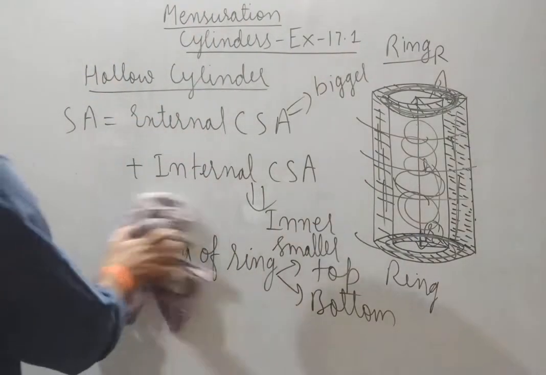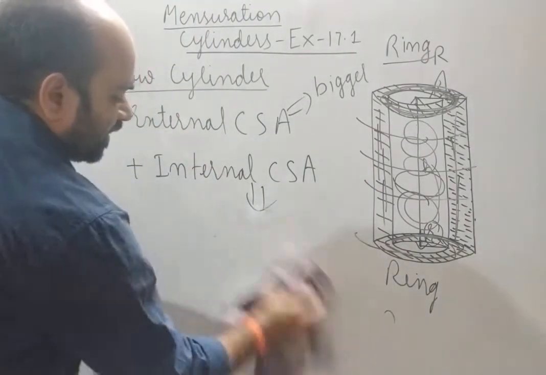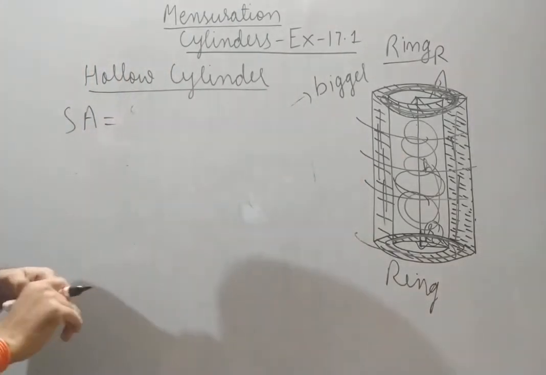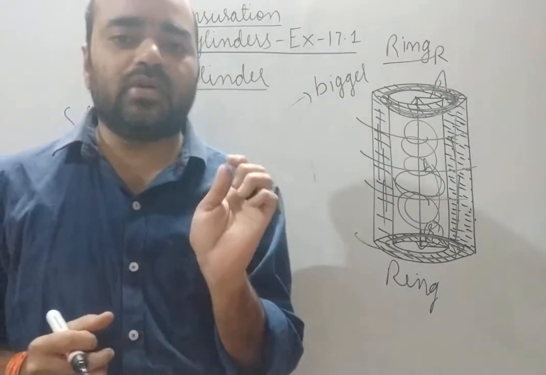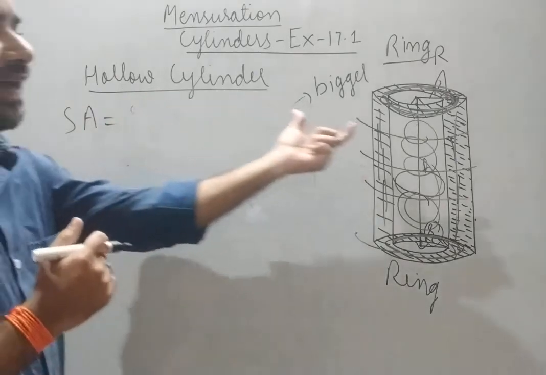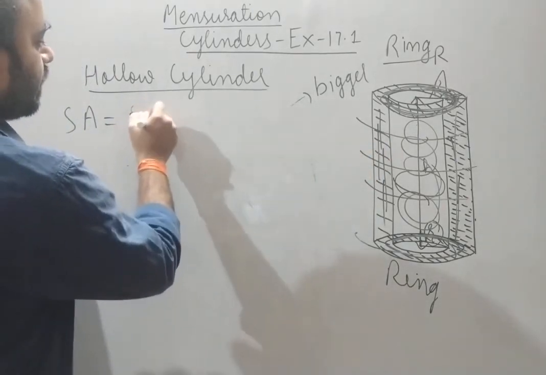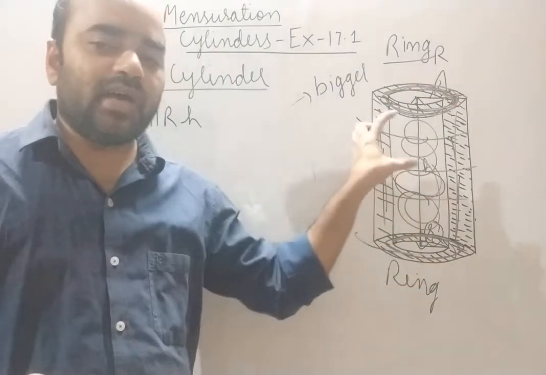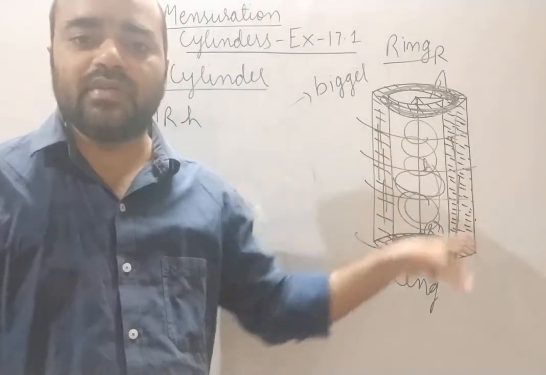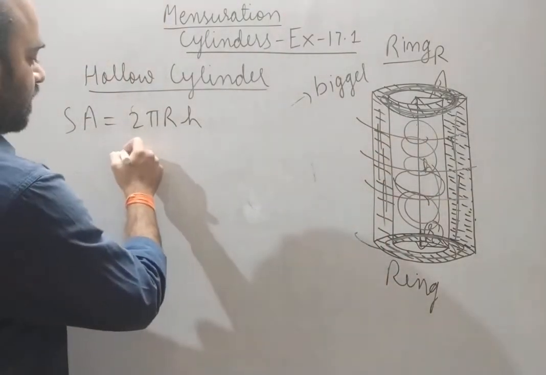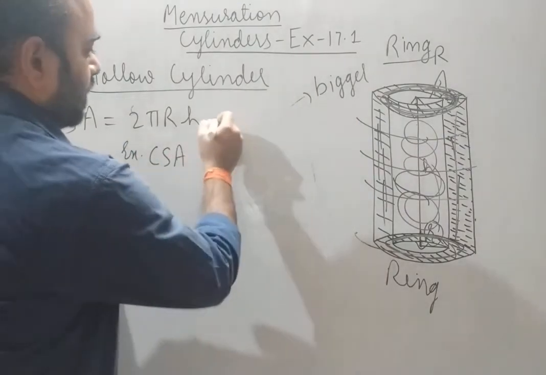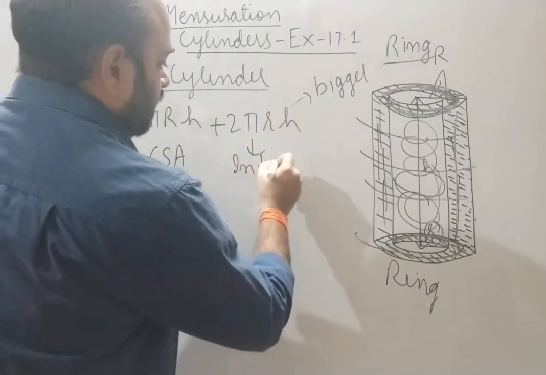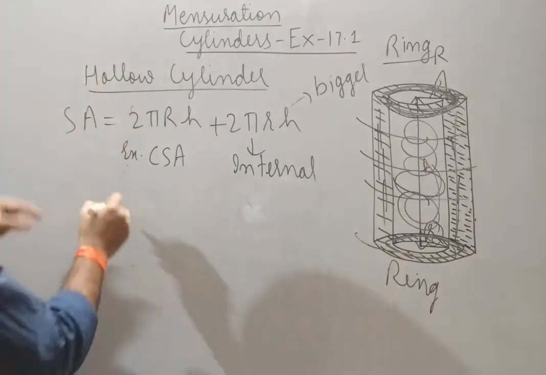So this is the total surface area of the hollow cylindrical pipe or cylindrical pipe. So we are going to calculate. See, first I am going to calculate the external one. The curved surface area of a cylinder formula is the same, 2 pi r h. When you take the external cylinder, that will be 2 pi capital R h. Height is the same for both the cylinders. Why? Centers are the same, and height means the perpendicular distance between the centers. So this is the external curved surface area plus the internal curved surface area. Internal means we will take the internal radius, that is the small one, plus the area of two rings.